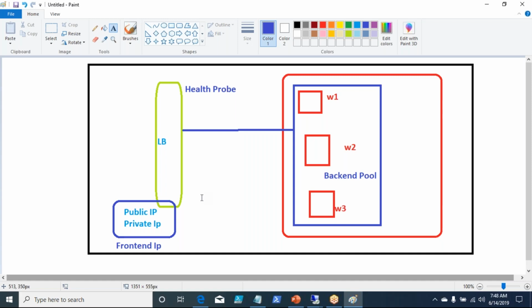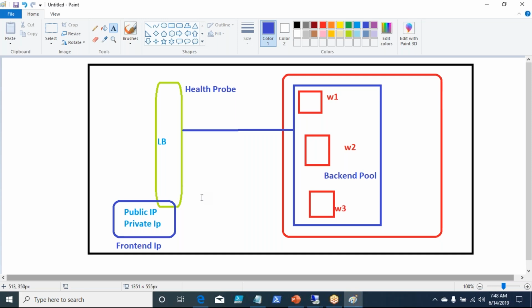If it is a web server, it is port 80. If it is some other service, specific port number of that particular service. If it is RDP, then you go and put 3389 or any service for that matter. So your load balancer will have a public or private IP address which are front end. Will have a health probe which will go and check the health of your backend pools. A backend pool is nothing but a pool of resources.